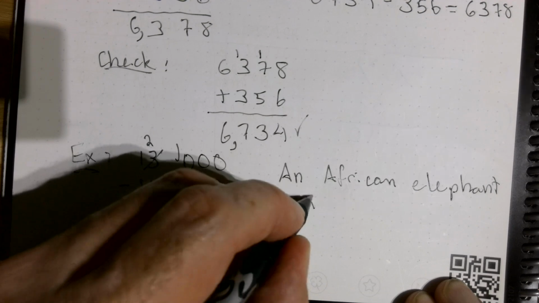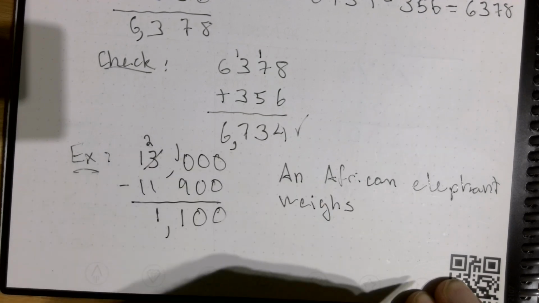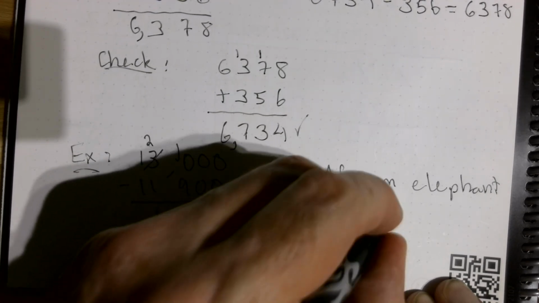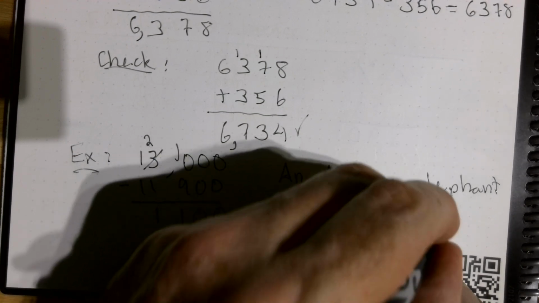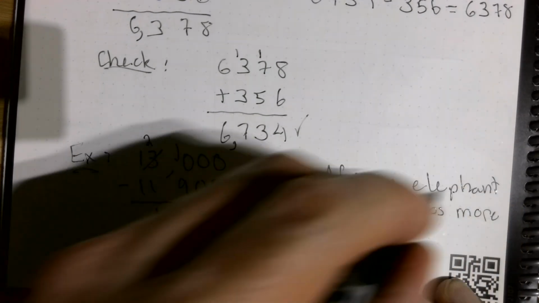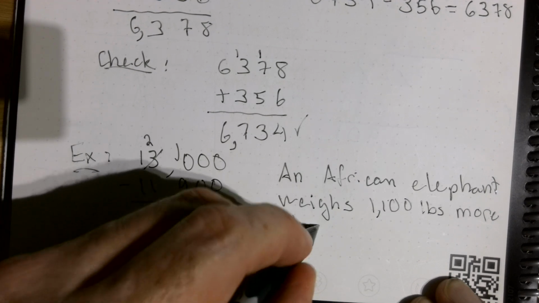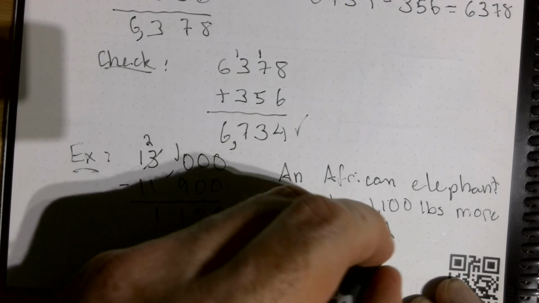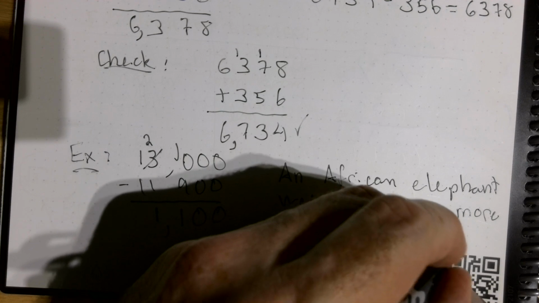An African elephant weighs 1,100 pounds more than an Asian